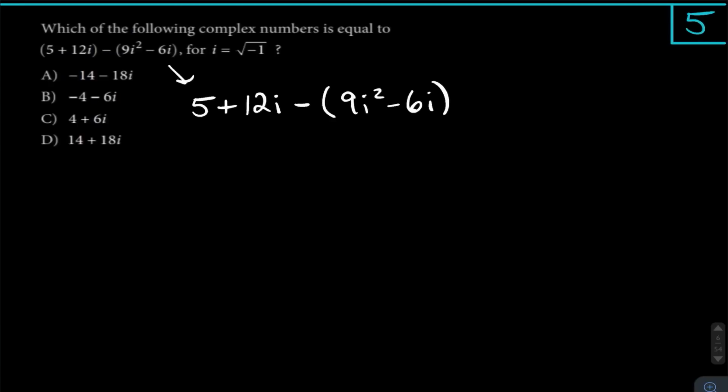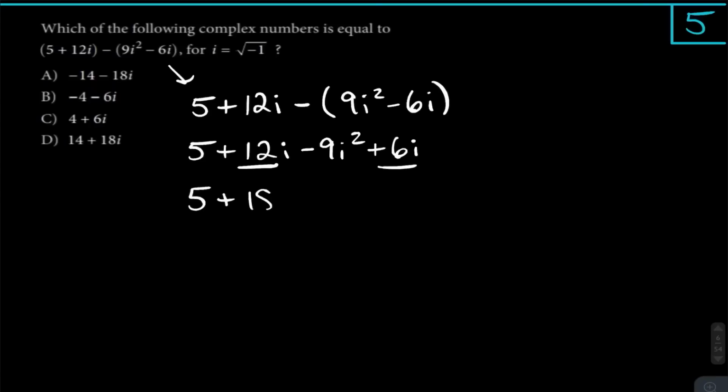The first thing I think anybody would do here is just distribute through that negative. I think it's really helpful to do that. If you're not already doing this in your head at a million miles per hour, which you can, especially if you've gotten good at these types of problems, 100% go for it. But combining like terms here, we have a 12i, we have a 6i, we can make that 18i, and we have a minus 9i